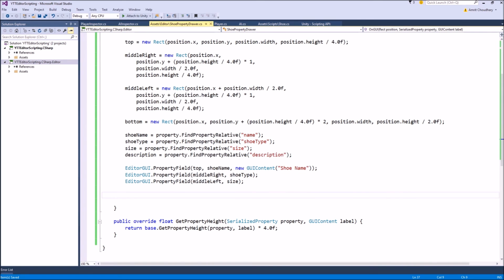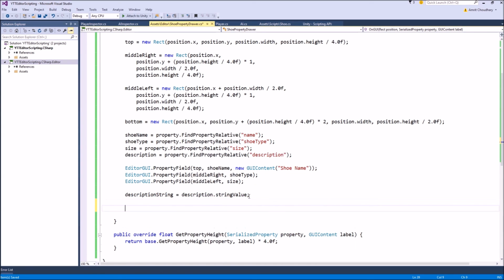So for our description, the steps are: first, descriptionString. We will take the string out from our serialized property using description, which is a SerializedProperty, and the stringValue. If we wanted to get out a float value or an int value, if we wanted to make a slider,